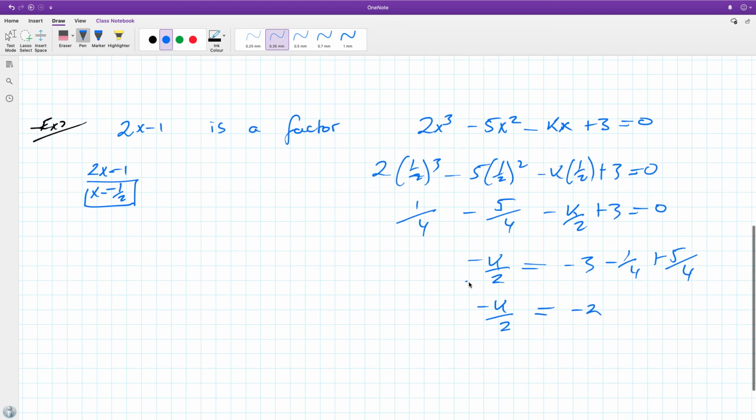Minus 2, multiply across by 2 to get it off the bottom line. Gone and gone. Minus k is equal to minus 4. k is equal to 4. Are we happy with that? Good stuff. Right, sub it back into our